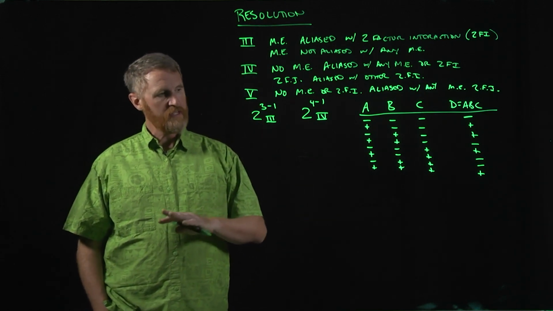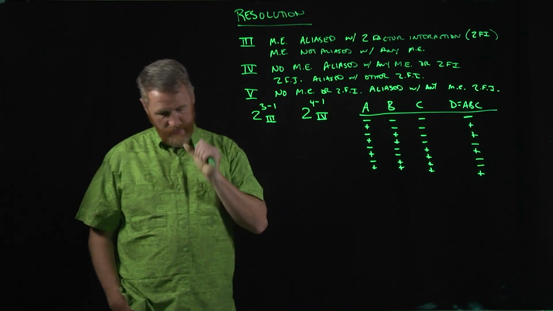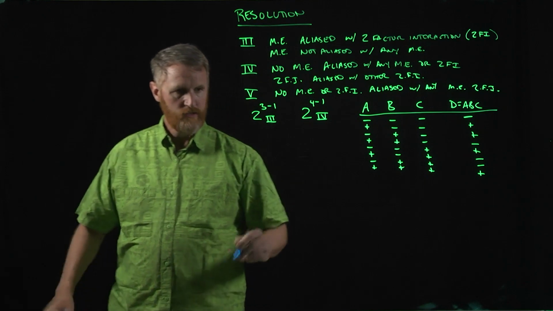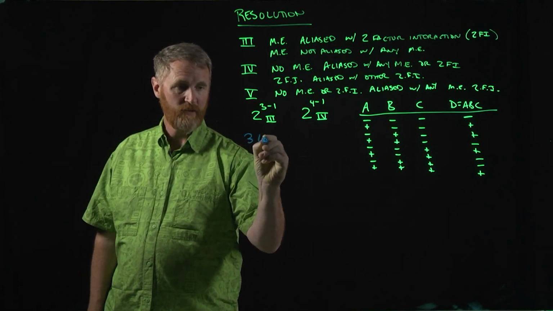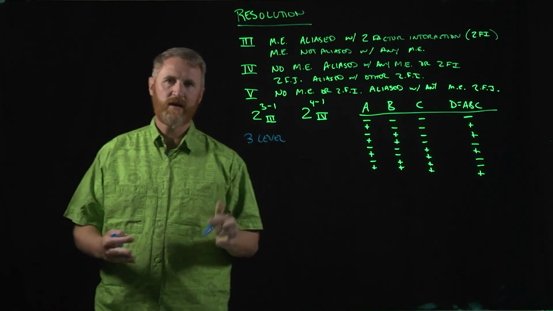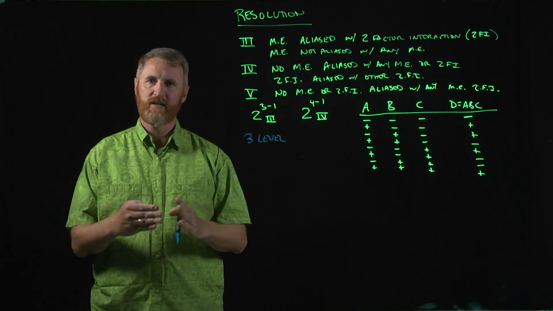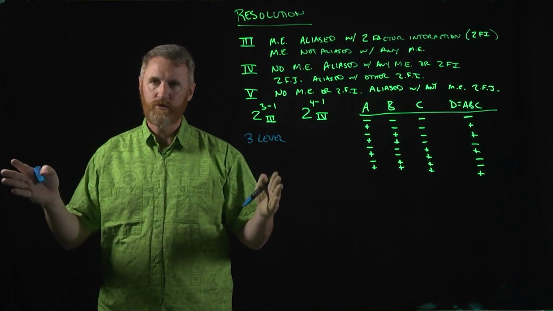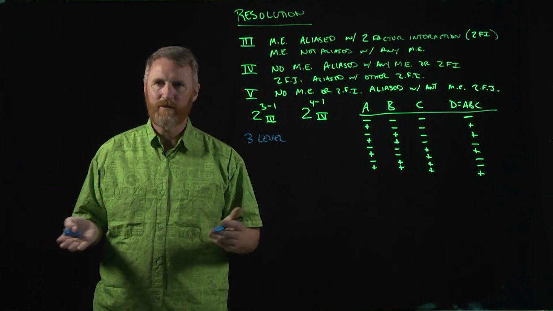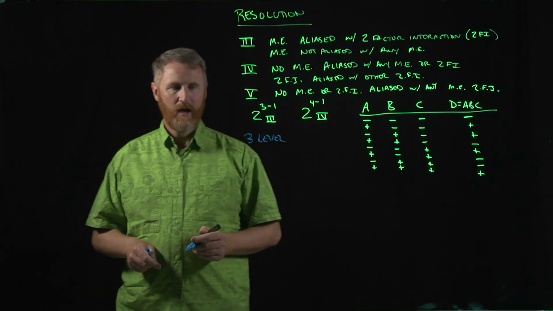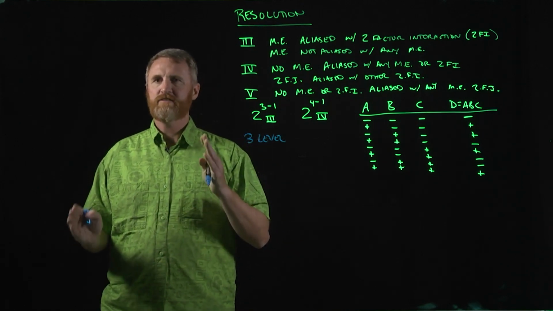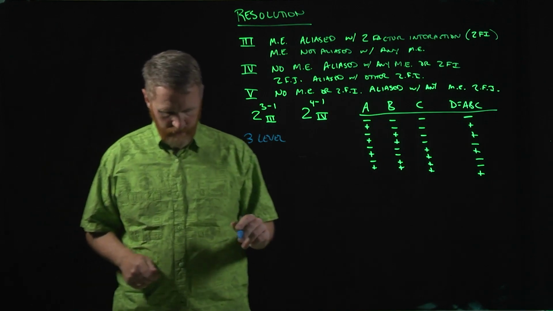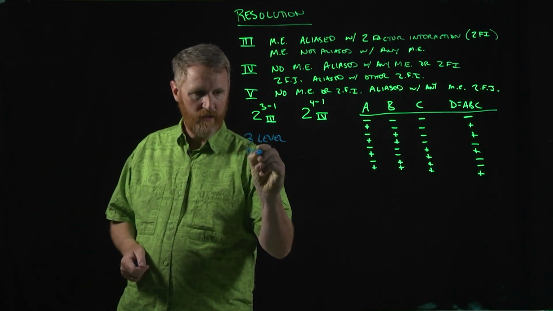There are some other designs that go beyond the scope of what we're going to talk about. So I'll just write a couple of them down here that are out of scope. So sometimes there are 3-level designs. That's oftentimes done when you have categorical variables that are not continuous, so you can't break them into a high and a low. You might have to have like 3 different types of shoes for the run. Well, you can't really do anything different with that. That's categorical. Or sometimes people find efficiencies in creating 3 different levels, and they do cubic designs is what they call them. There's mixed level,